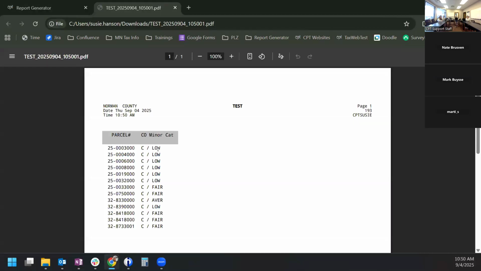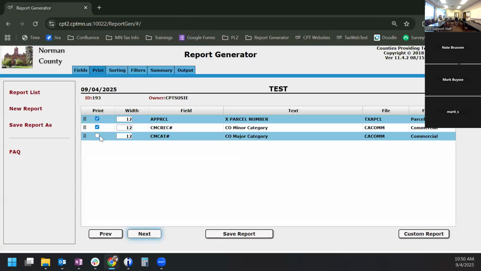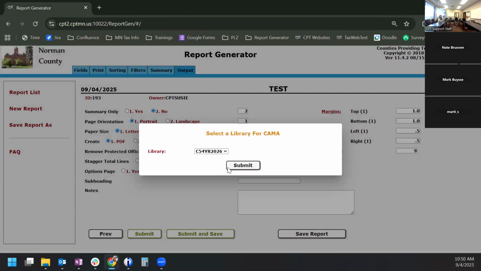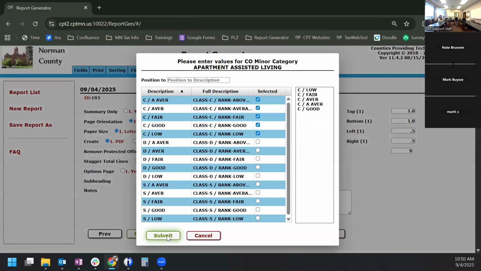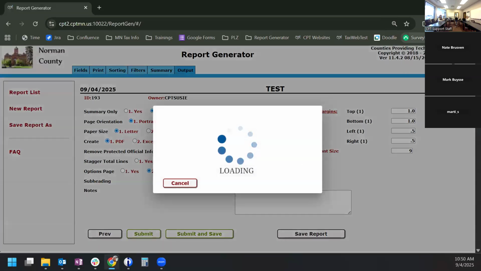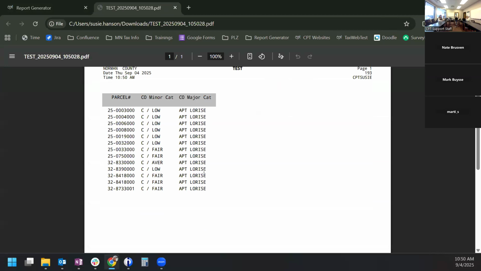And then we get our output and it will list it for, again, like I'm not printing the major because I didn't add it. I could print it if I wanted to, and I would have to just click it in that print tab. Then it would list. I'm going to save my outputs. I only change them if I want to. And I'll get it to print. So there's our little